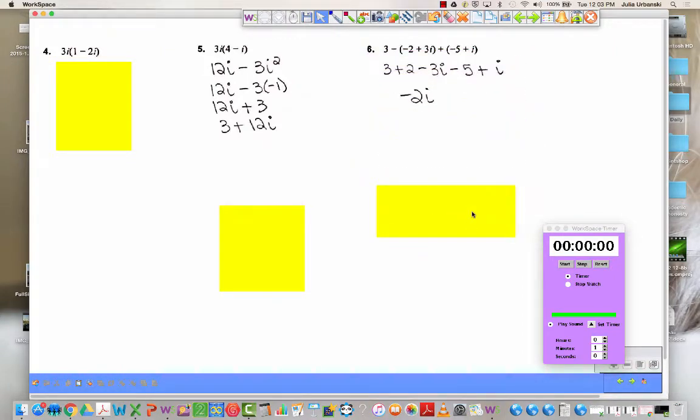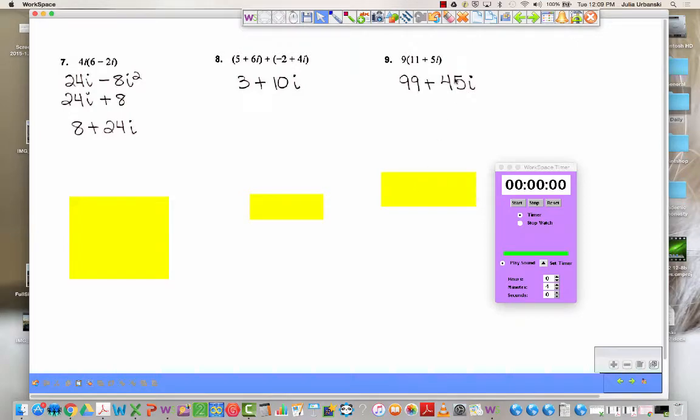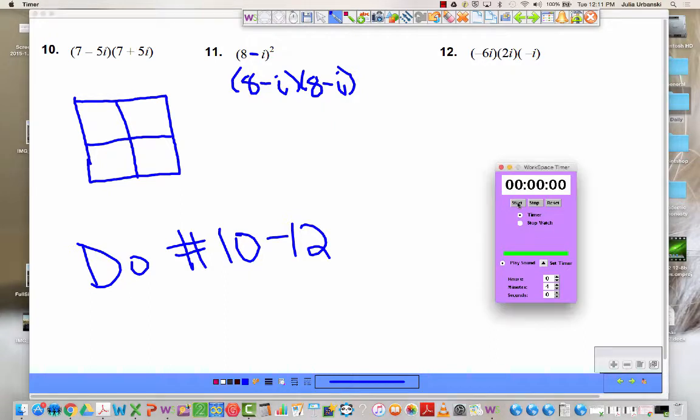Negative 2i. Good. And then I'll give you the right answers, and then we'll try the last 3. Number 12 is slightly different, but